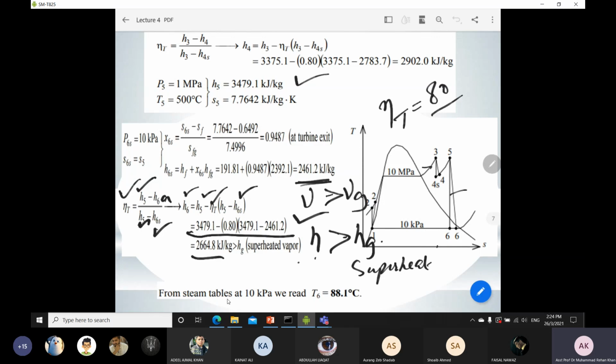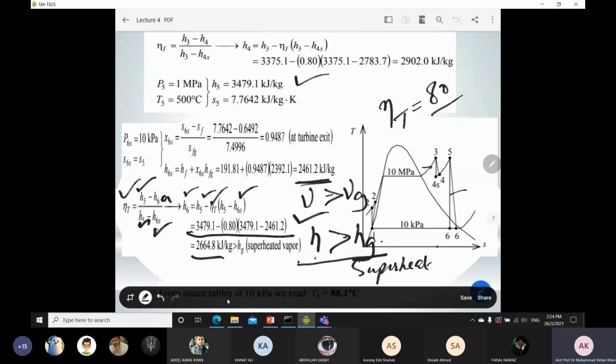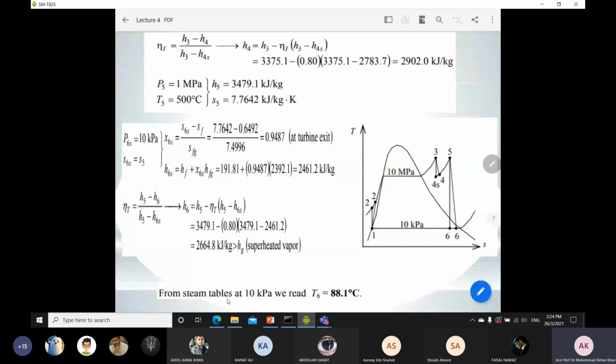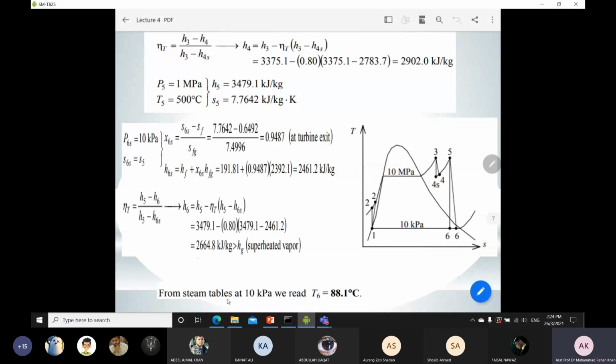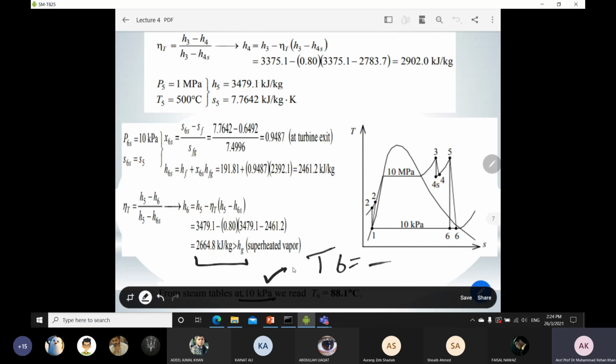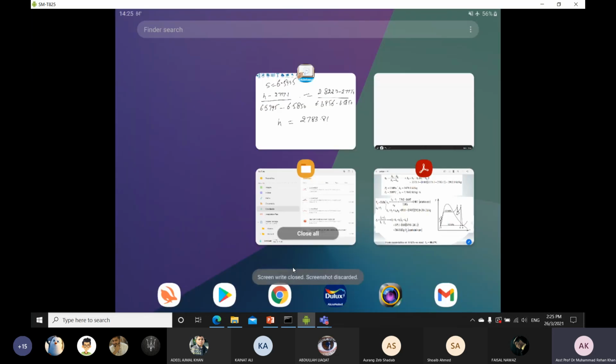If you do not know where these relations come from, you have to go to chapter number 3 of your thermodynamics 1 course and revise pure substances. It is mentioned in that chapter also. Once we know that this value is greater than the saturated vapor one, then we know that it will be a superheated vapor. Now coming to the question of how we can find the temperature at 6. We already know the pressure is 10 kilopascal, which means it lies in the superheated region. So we have to go to the thermodynamic table, and again we have to apply some sort of